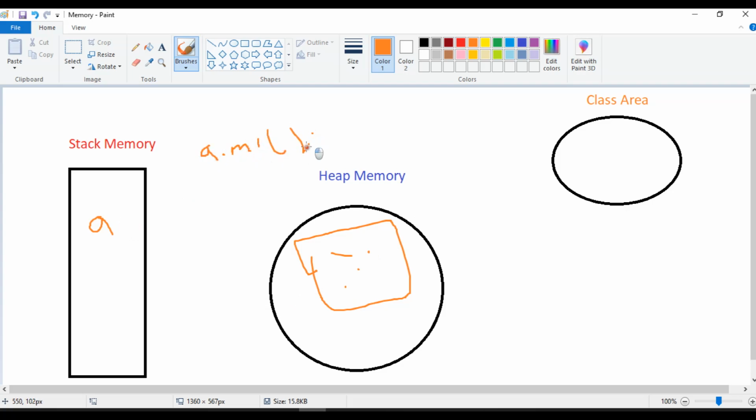But our method is present inside the class area, because it is static. So you need not create any objects; unnecessarily you are creating objects for calling this method in the class area.